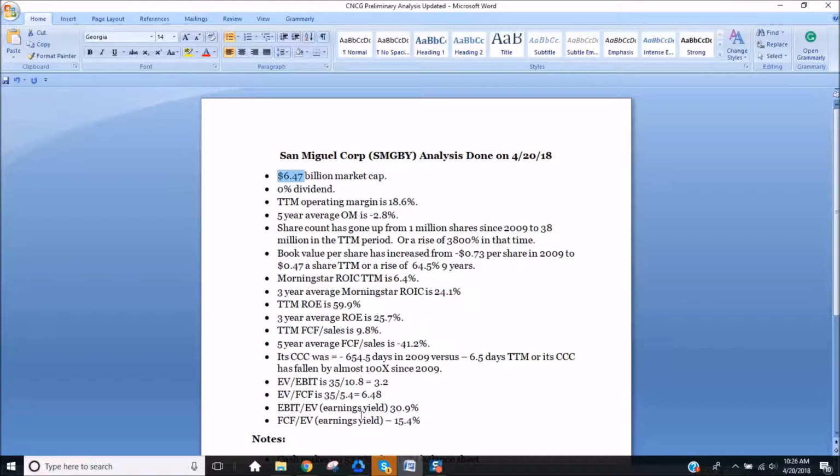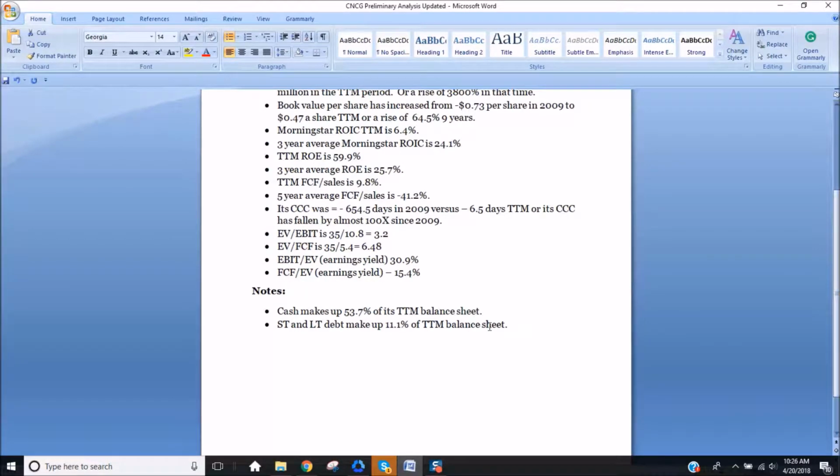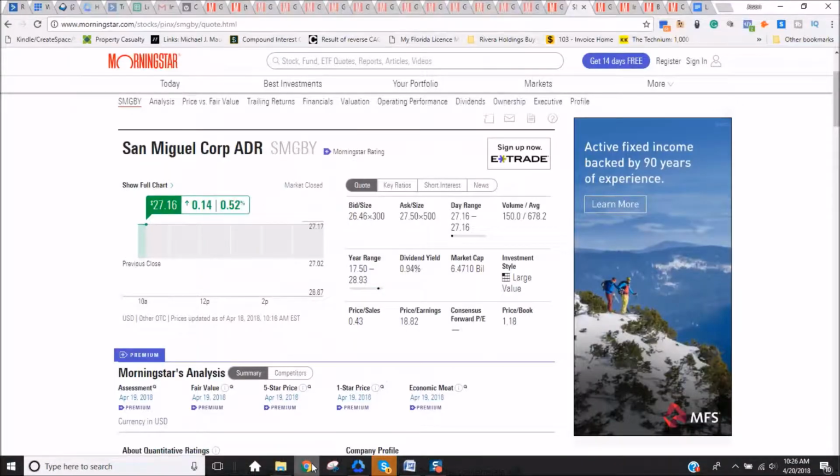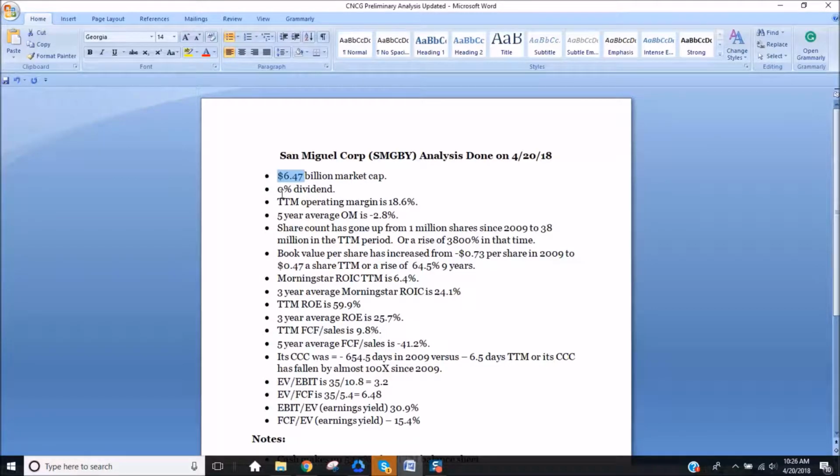So instead I just convert them at the valuation stage and in the notes down here, and it actually won't make a huge difference now. But if we get to the later stages on this company or any other foreign companies, we will need to remember to convert them to US dollars if you're in the United States. So having said that, 6.47 billion, 0.9% dividend,